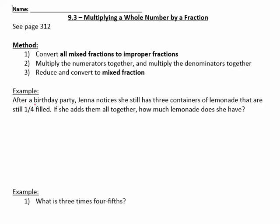Here's an example. After a birthday party, Jenna notices she still has 3 containers of lemonade that are still 1/4 filled. If she adds them all together, how much lemonade or how many containers of lemonade does she have? Well, let's just draw this container of lemonade, and it's approximately 1/4 filled with this red looking Kool-Aid lemonade. So she has a total of 3 containers